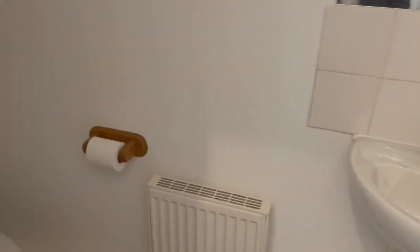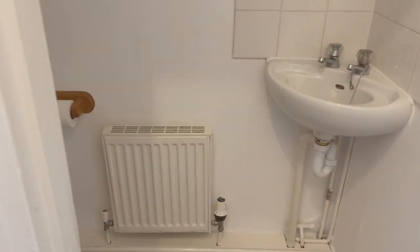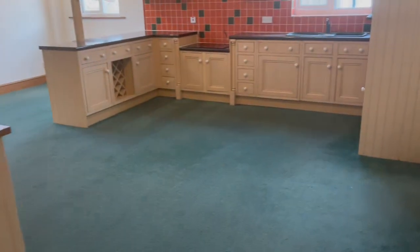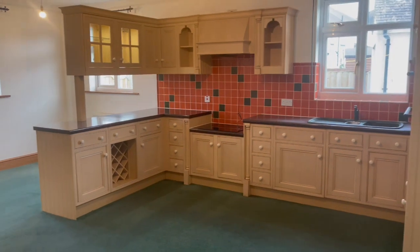And underneath the stairs here is a very handy WC, so that's tucked away there. We've got a wash hand basin, so that's really useful on the ground floor. So we're going to come in now, we're beginning to come into the extended areas, and we're into this huge big kitchen,